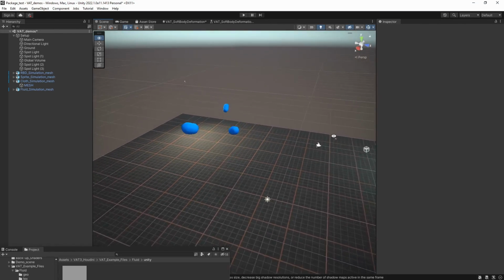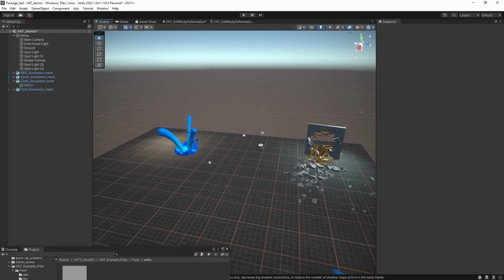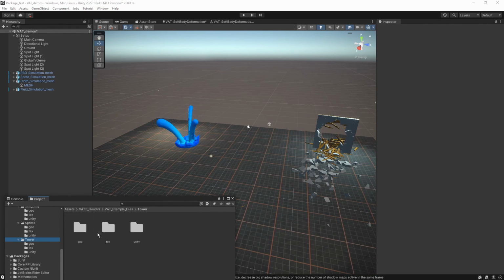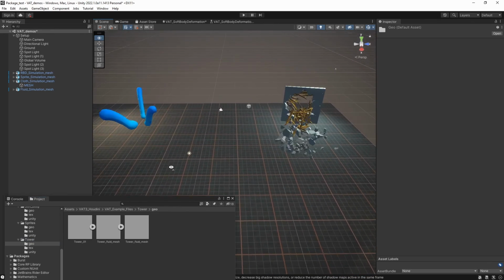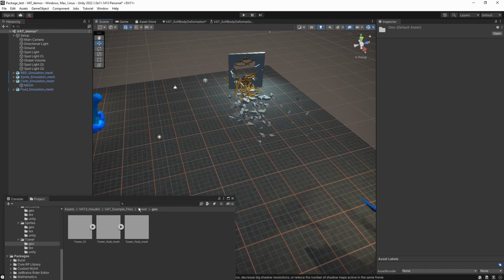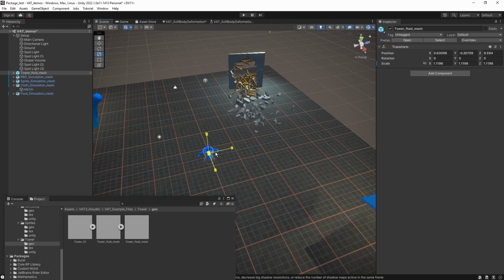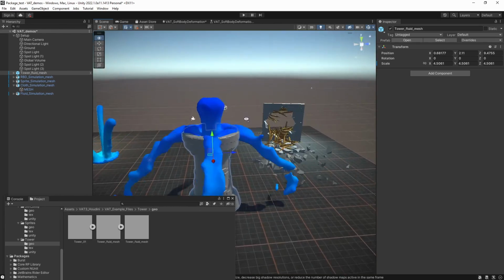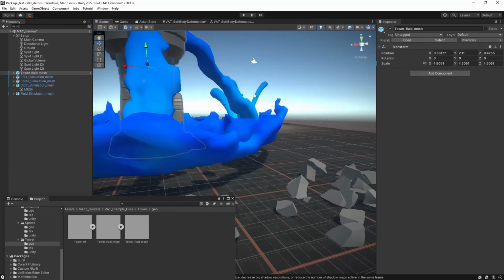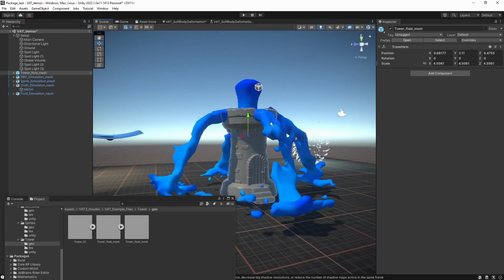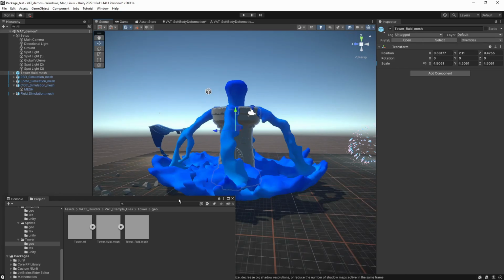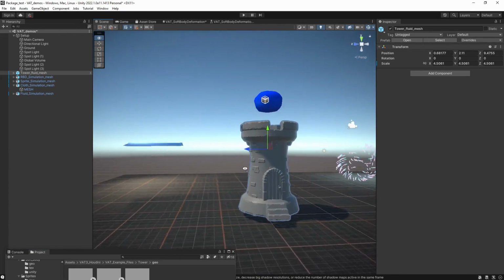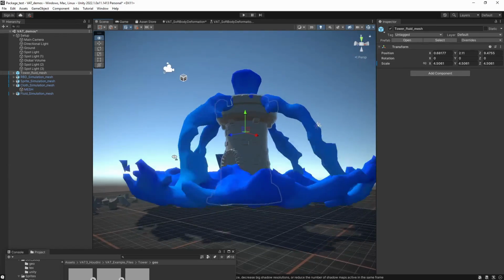Now a little bonus for everyone who is watching the video: if you remember the small tower scene from my previous talk, we could, for example, make something like this. Let me scale this up. This was the tower that I made for the first demo on introduction. Here now we have this fluid coming from the tower. This is all again vertex animations. Yeah, so that was it for this